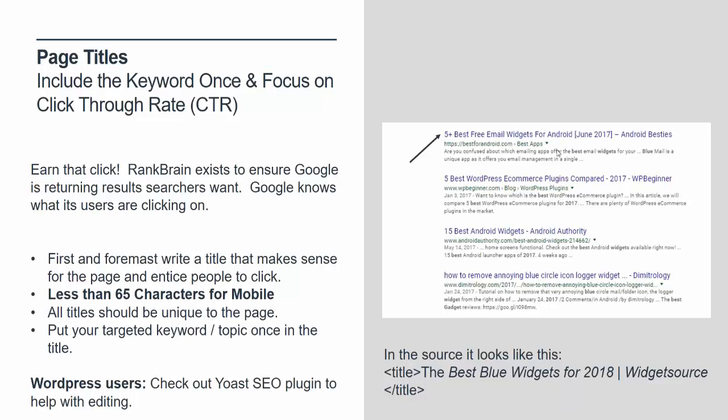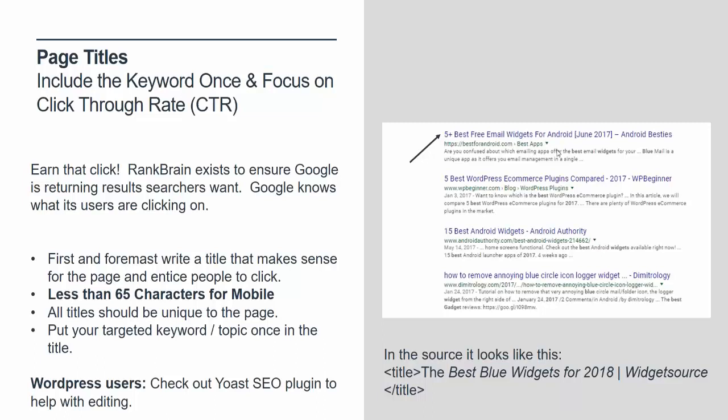Because ranking is only half the battle. What good is ranking if no one clicks on your listing? And that's really the name of the game here, is once you are ranking, how do we earn the click? And then secondary, how do we keep people on our pages? So keep your meta title less than 65 characters. Write a title that makes sense for the page and really try and earn that click. I think a tactic you could use if you are going after consideration keywords is be as specific as you can and use the year.